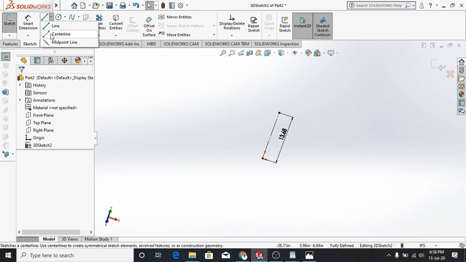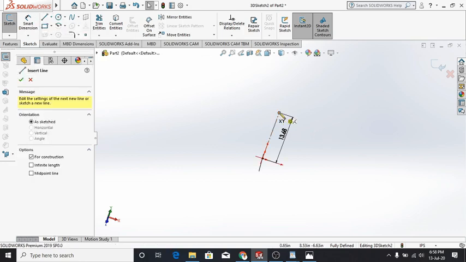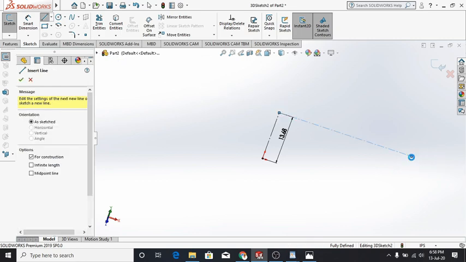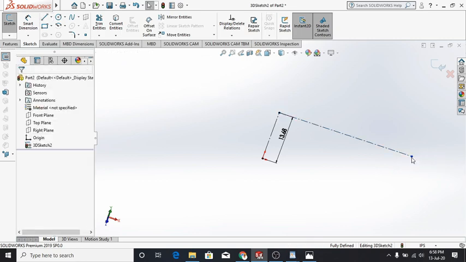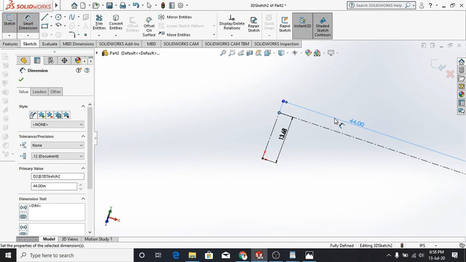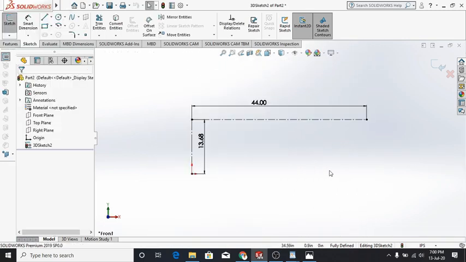So the length I'm going to take here, I'm going to take this as 44 inches. Okay, now I'm going to take the distance from the frontmost point of the vehicle, I mean the roll cage, to RRH as 44 inches.